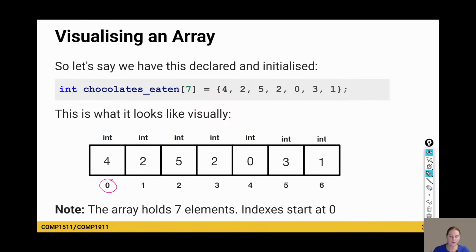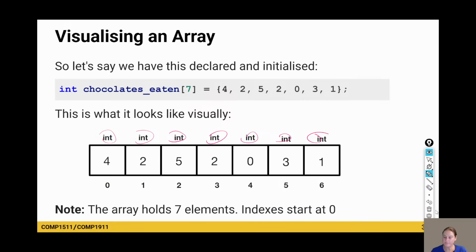Okay, that sort of trips people up. So if I've got an array of size 7, I'll have indexes 0, 1, 2, 3, 4, 5, and 6, but I will not have anything at array 7, right? My indexes will go from 0 up to 6. If I've got an array of size 100, I'll have indexes from 0 to 99. And at every single index in this array, they're all storing an int.